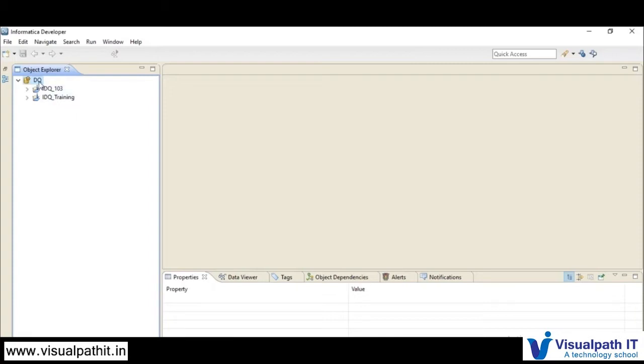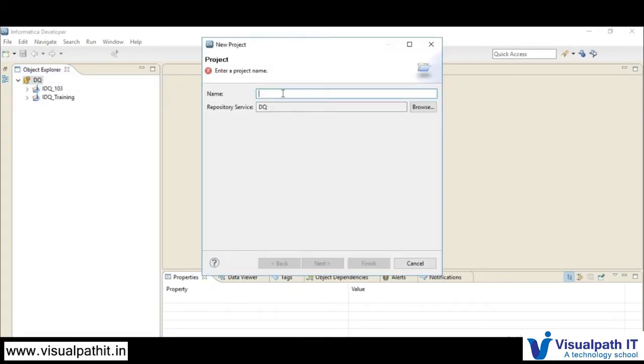At that time you have to go to the repository folder, right-click on it and choose New Project. We will be starting our project under the project folder. Whenever you click on New Project, it prompts you to provide the project name. Whatever we are implementing as part of our project, we will have under this project folder.